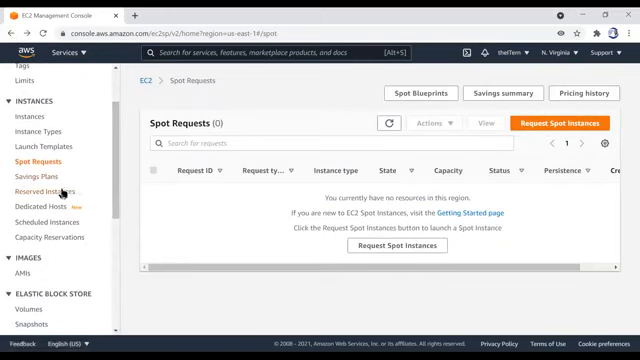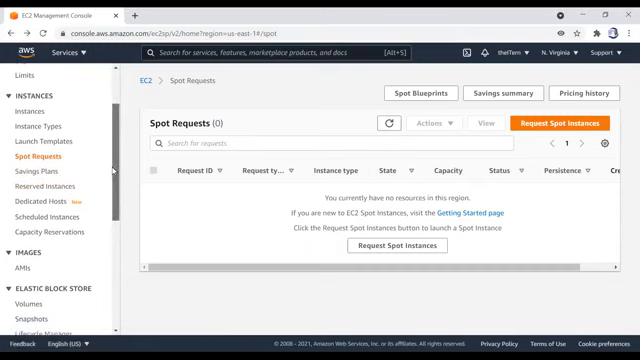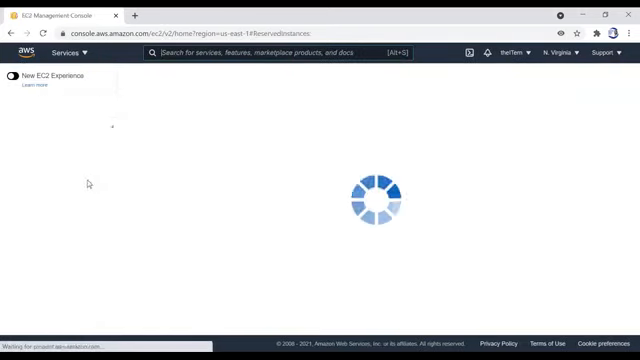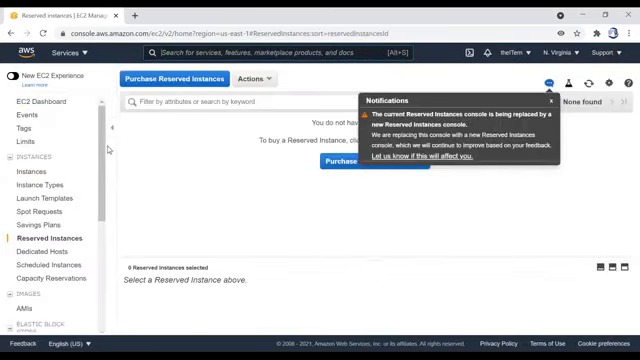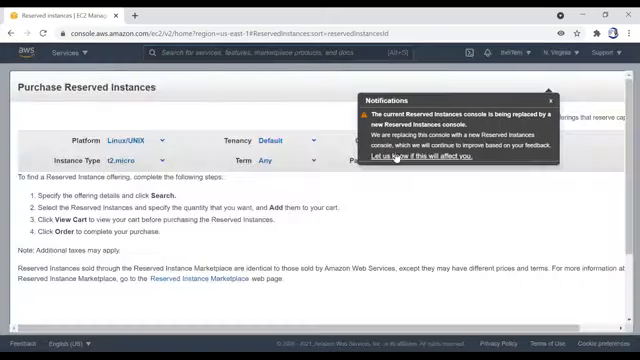Another way that you can make reservation of your instance is reserved instance. Reserved instance means we are going to reserve this server over a long time. So you say purchase reserved instance, all right? And the instance you are